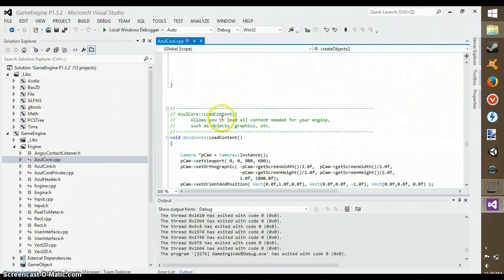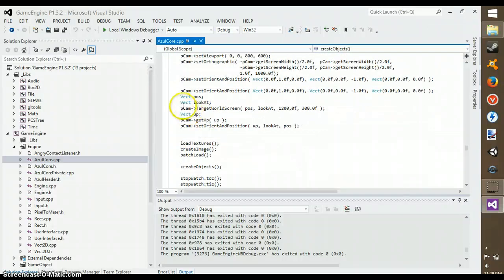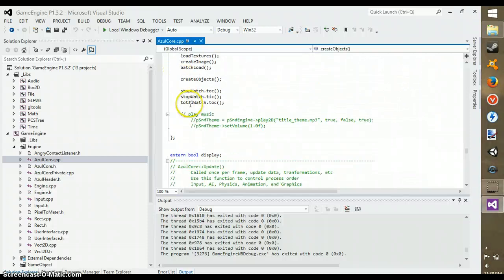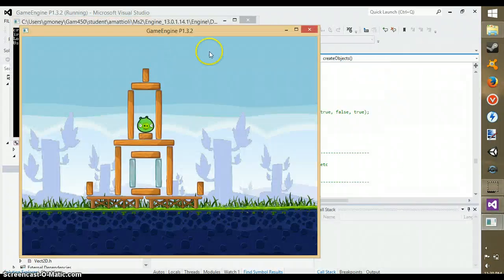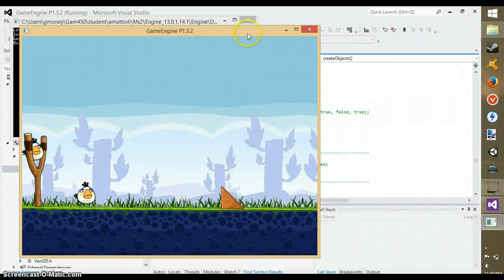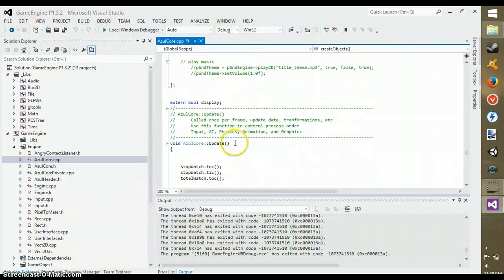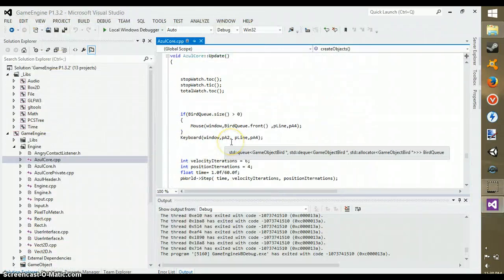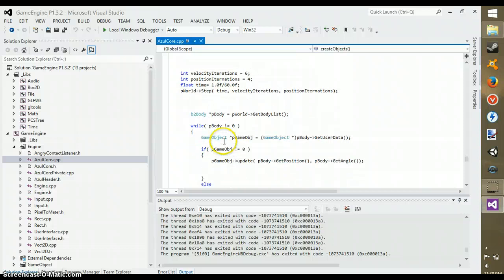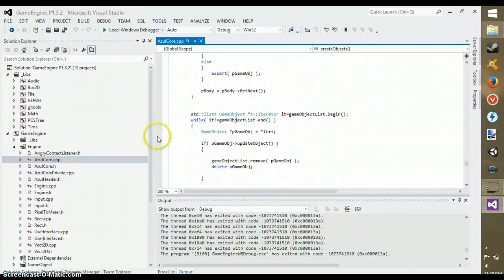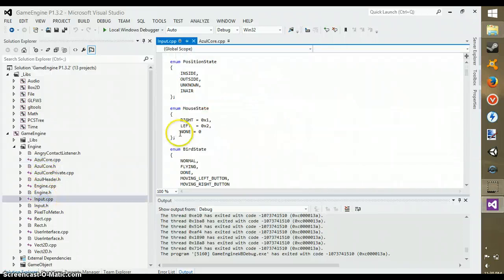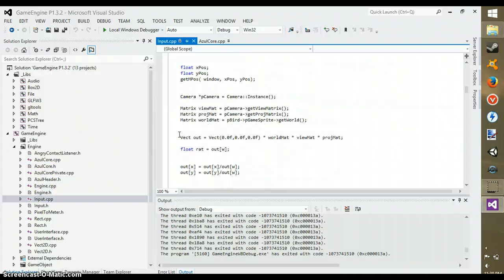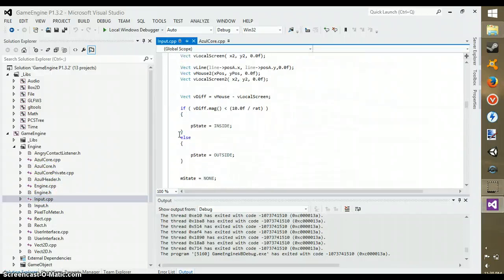And my contact listener, I set a camera position straight at the blocks so that you get that view, and then you have to turn into the birds for the camera. We do our time steps. We check our bodies, and as we go on, we go into input, and we check the mouse position, and then we're